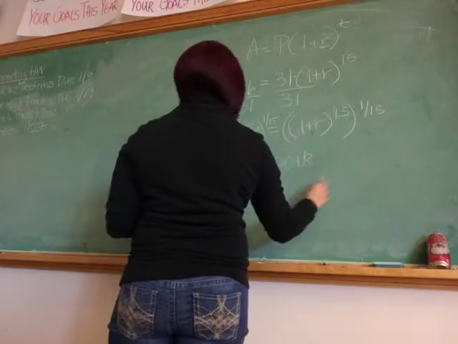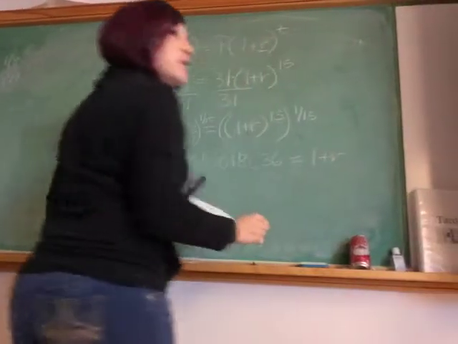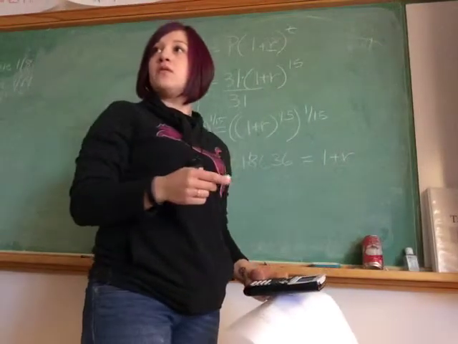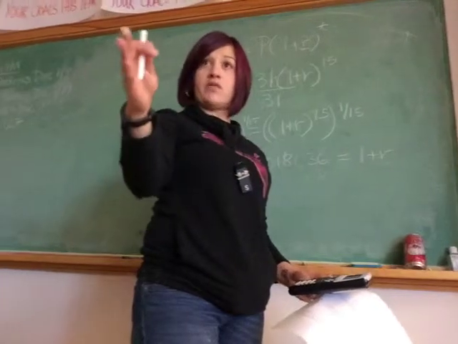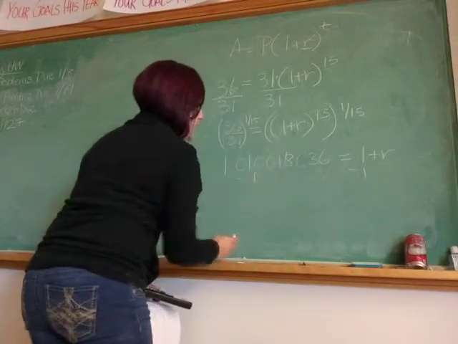1.010018, right? And then it keeps going. 636 is what I see, is equal to 1 plus r. Correct? Everybody okay with that? You okay with that, Raquel? Okay. So then I'm going to subtract 1 on both sides. I get